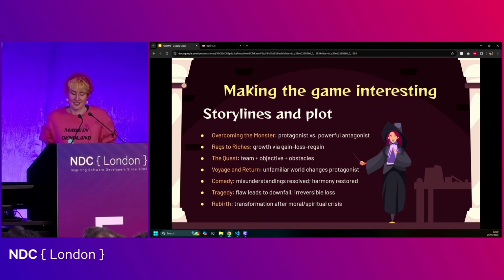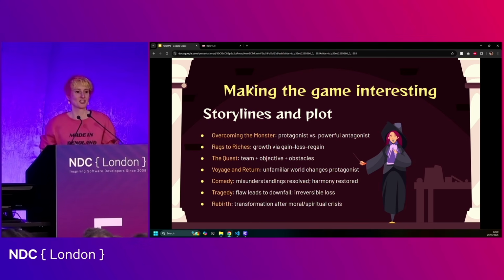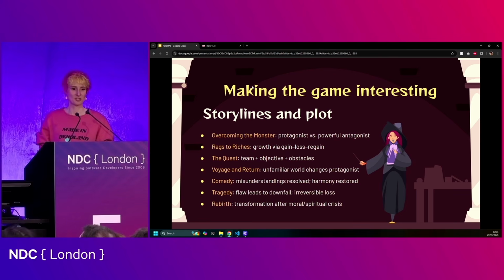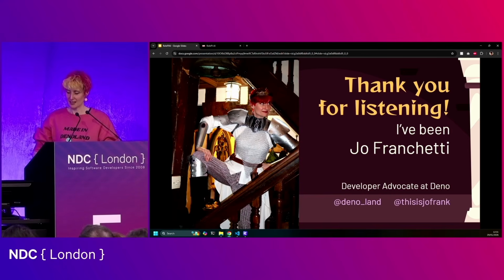And like I said, there's not much game in this game yet. There's plenty more things that we could do. We need to actually put a plot into this game, and a reason why we're talking to these people. And there's a whole load of stuff I could say here about storylines and plot, but we are running on in time.